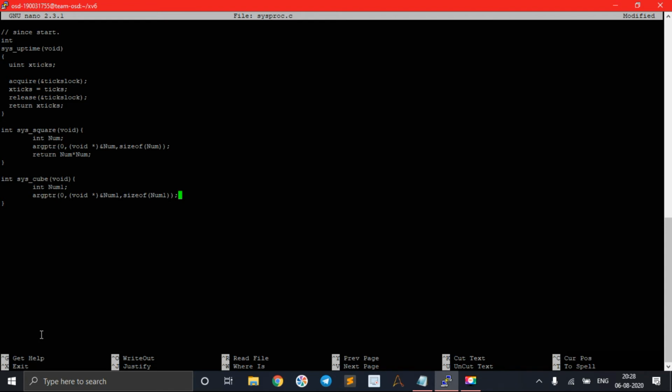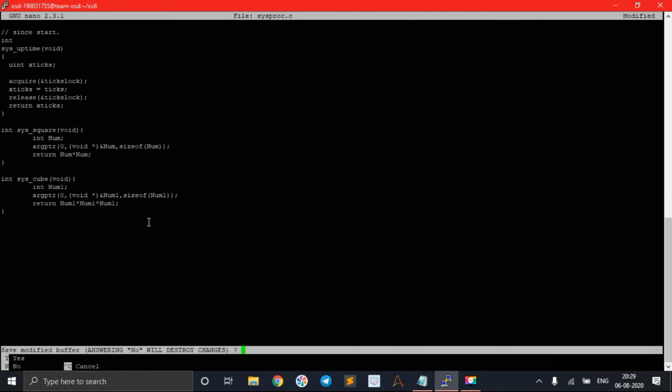so I have run this, and while returning I must return the cube. So I am returning the cube of the function. This function returns an integer value, which is nothing but the cube of the given number. There we have given the argument as 2, so 2 will come into num1 and num1 will be multiplied 3 times and returned. So our work with this file is also completed. Let's close it.